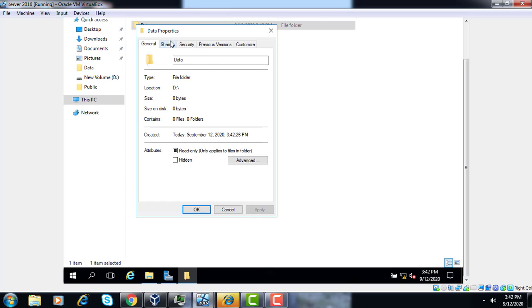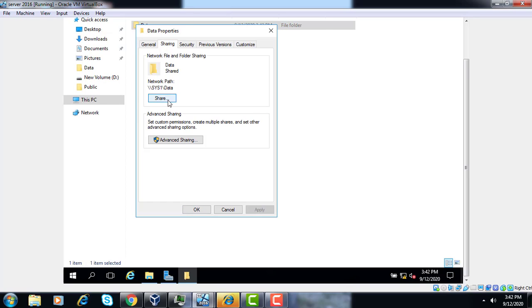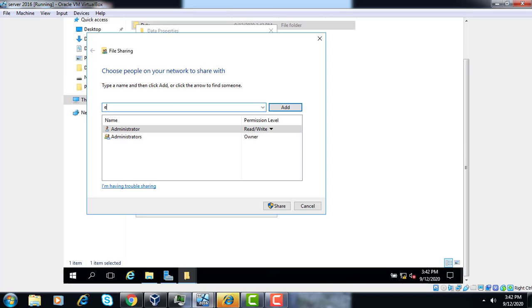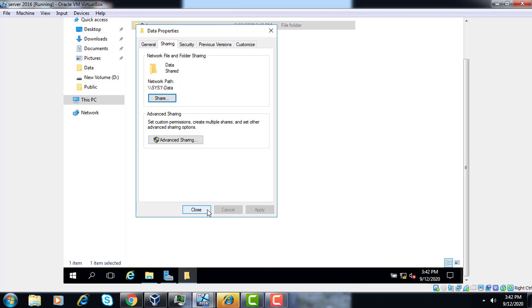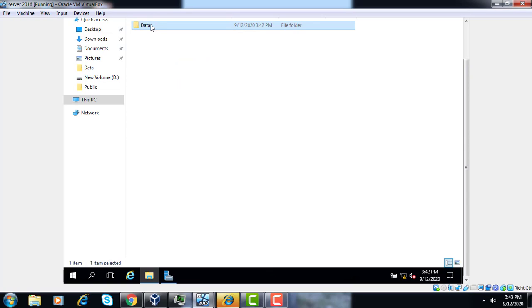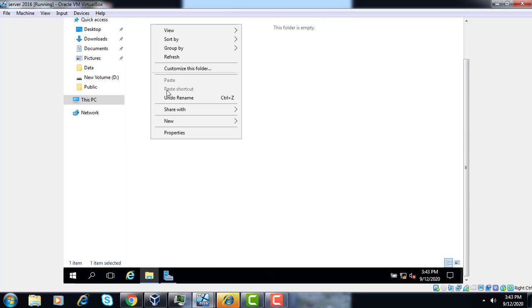Go to Properties, Sharing, type Everyone, and give read and write permission. Now we have to create two more folders inside it.